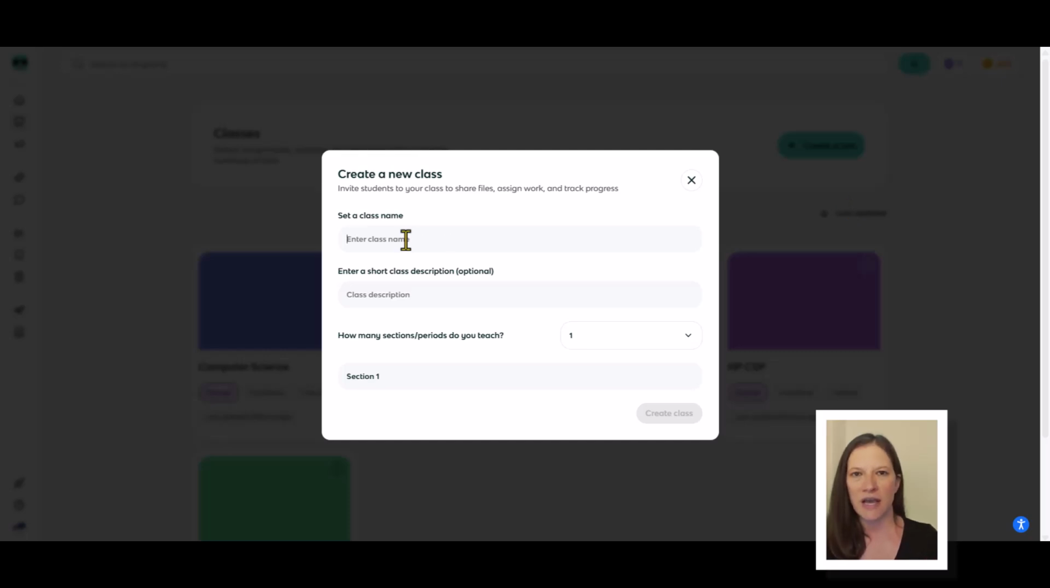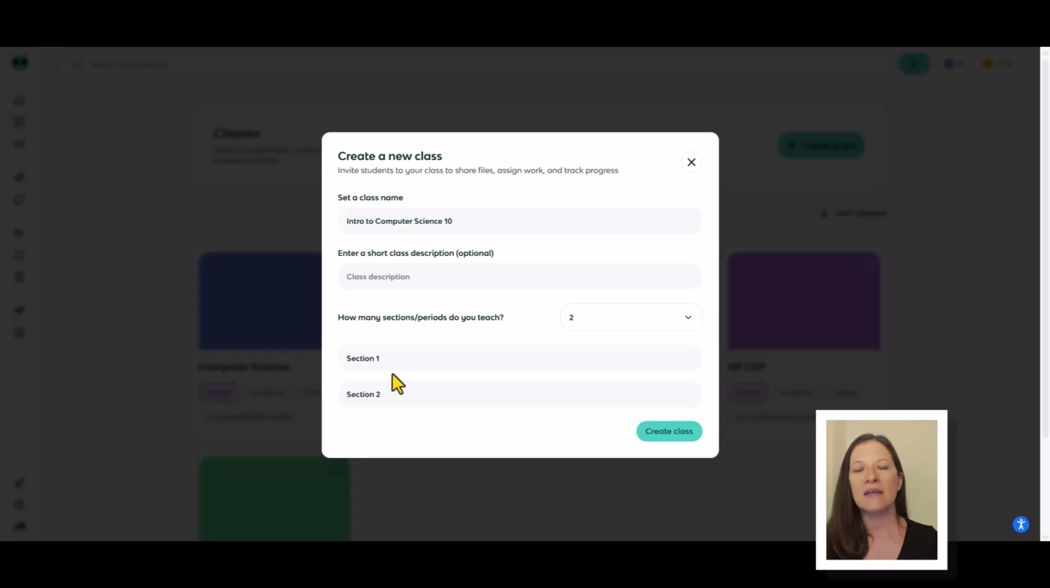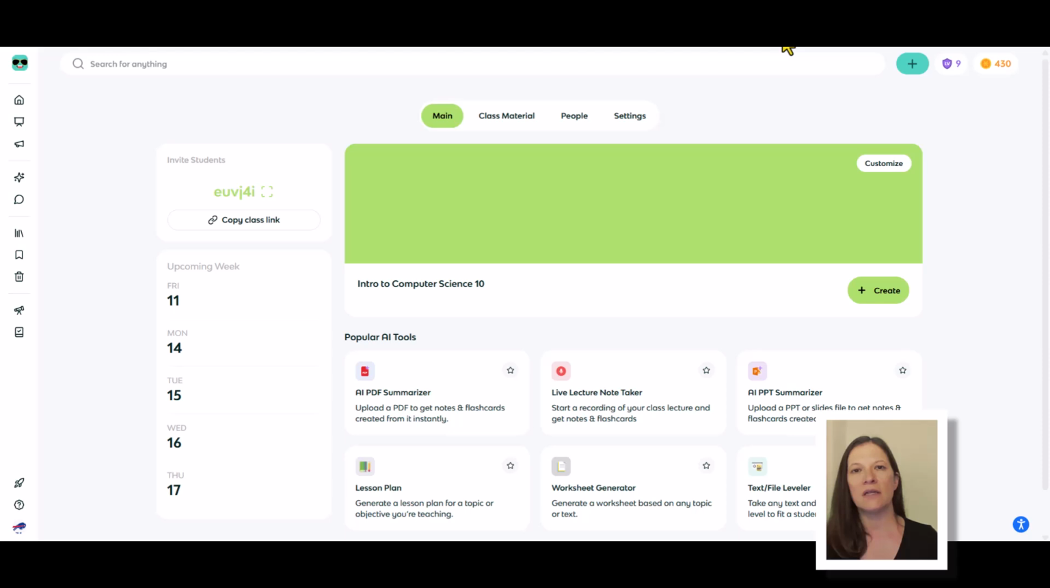I could optionally add a description if I'd like to, and then I can create sections. Feel free to change the names from the default. And now we're going to have an area where we can place groups of students and give them instructional materials that meet them at their level or at their interest level. So now that we've created an area to place our class activities, let's go ahead and get started with the